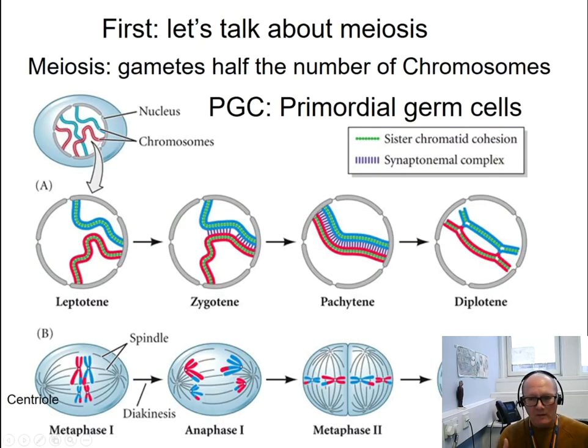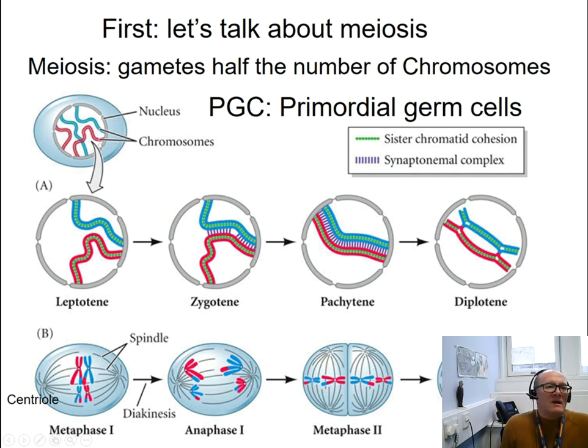You should already know about meiosis, but let's talk about it so we can refresh our understanding of this process. But also we can talk about the differences in meiosis between males and females. Now, meiosis is a special cell division that occurs in specialized cells in the vertebrate body. These cells are called the primordial germ cells, and they divide by meiosis to produce haploid cells, which are the